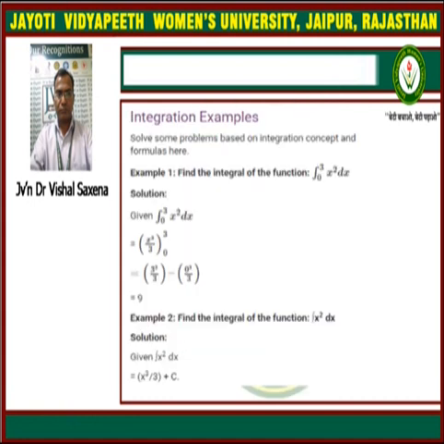So we have some examples to clear this. Find the integral of the function 3x square dx from 0 to 3. It is a definite integral, and we have to find its integral in the usual way. Integral of x square will be x cube by 3, with limits 0 and 3. First we put the upper limit minus the lower limit, and this will be equal to 9, and this is the answer of the question.